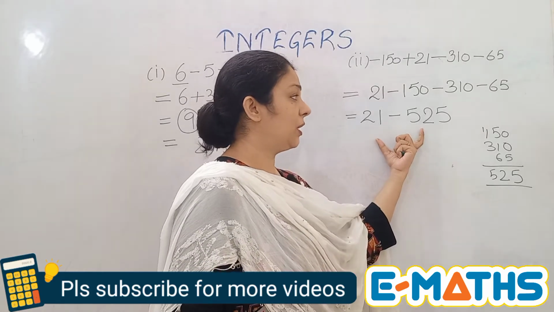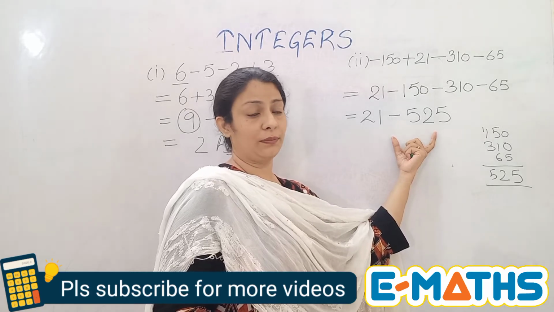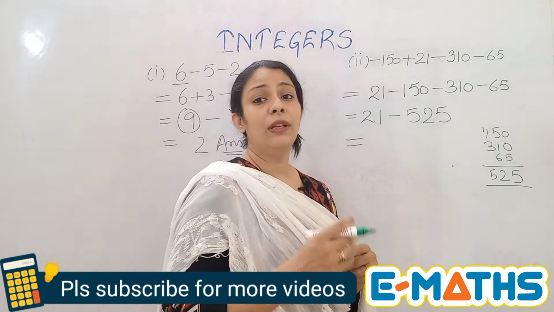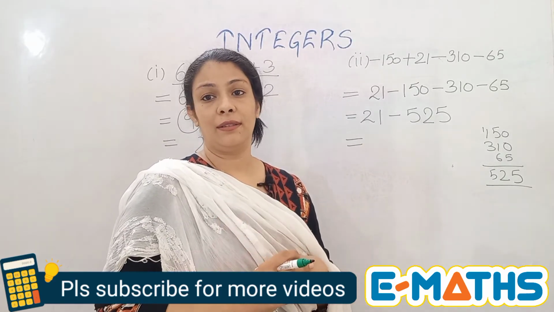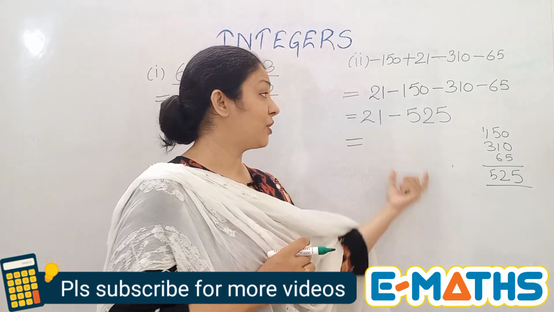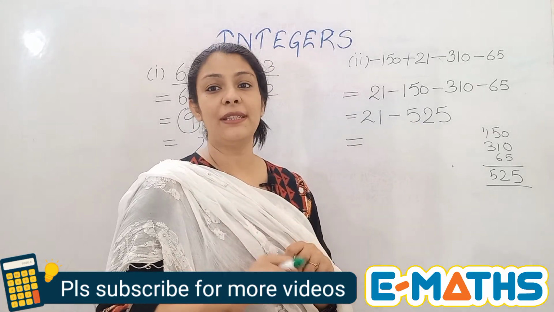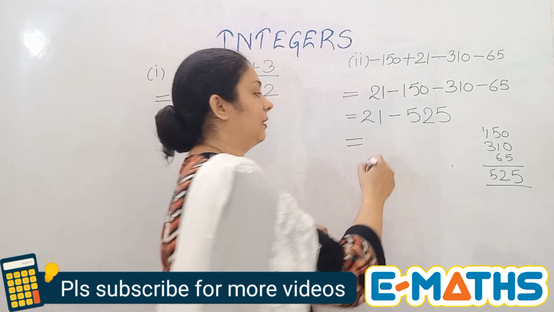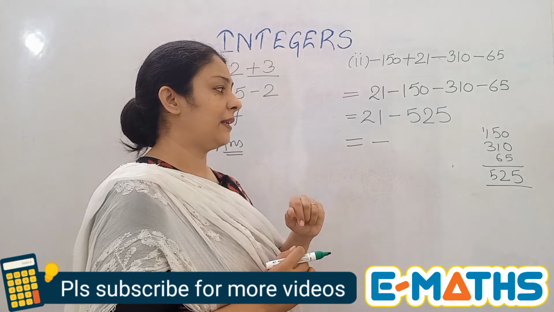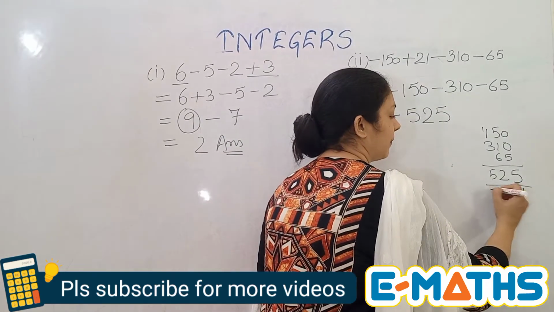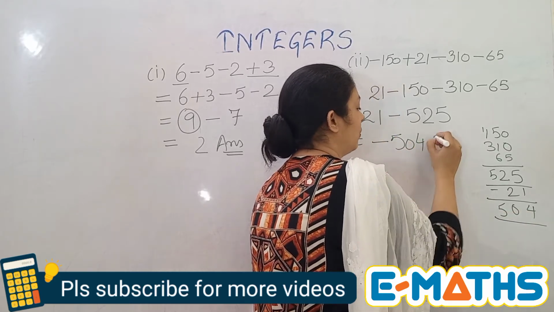Now we are left with only two terms, that is 21 minus 525. You just need to subtract now. But again I will suggest that now only two terms are there. You know we have to subtract them, but we have to take up the sign also this time. As you can see in the two numbers, the bigger one is having a minus sign. So that means the answer that you will be getting is a negative integer. So I've already put the minus sign. Now I can subtract and find out what my answer is going to be. Let's subtract it. Here it is, minus 504.